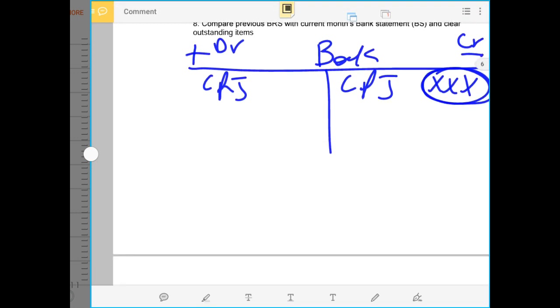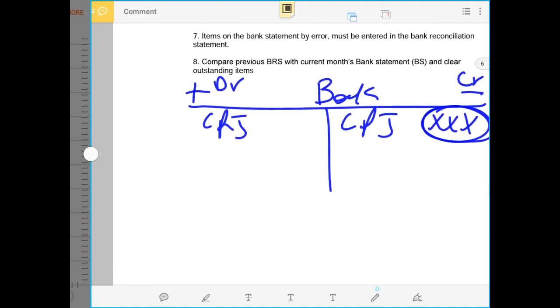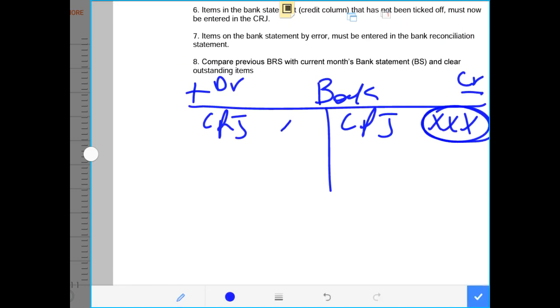So now let us go and review that. Remember, as I said to you, that on the debit side, we have all the cash receipt journal items. So now if there was a receipt of 1,000 rand that was recorded, this is just a random figure out of my mind. If we recorded a cash receipt journal item of 1,000 rand,